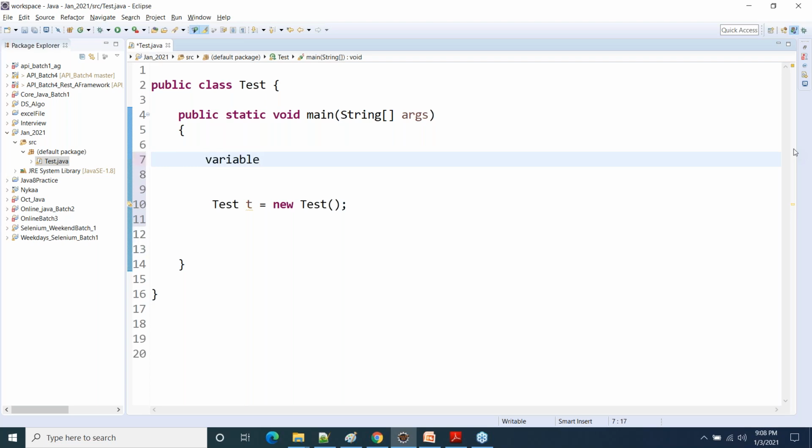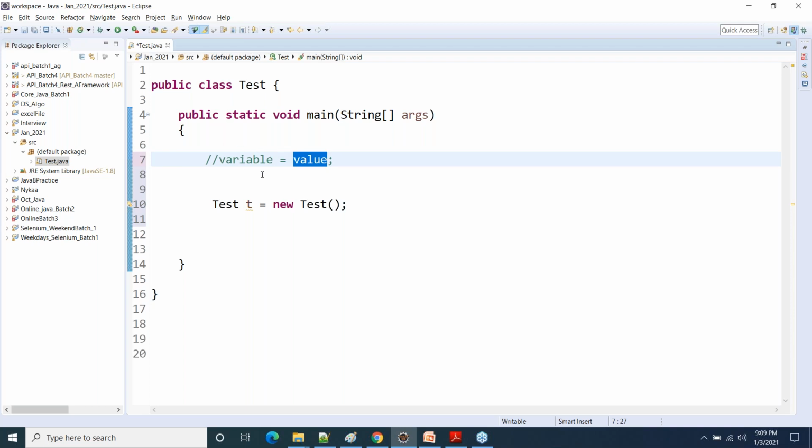You will have a variable where you will assign some value using the assignment operator. But in Java, when you assign a value to a variable, you will have to make sure that the variable is capable of storing that type of value.